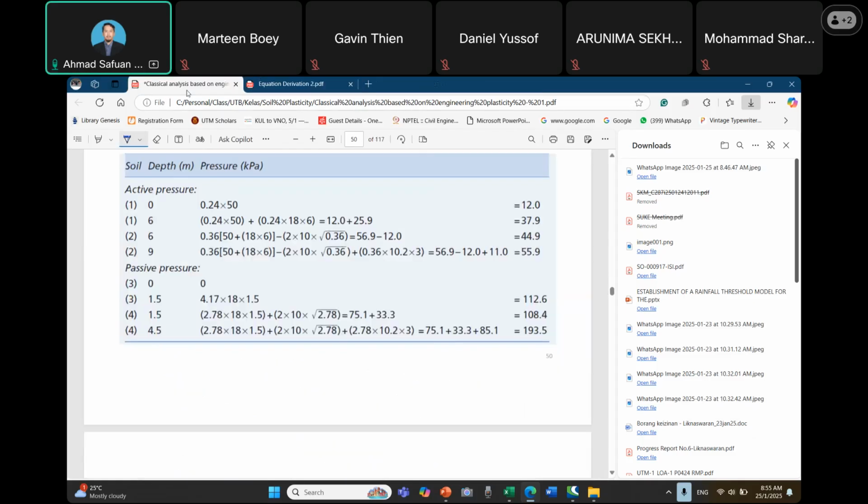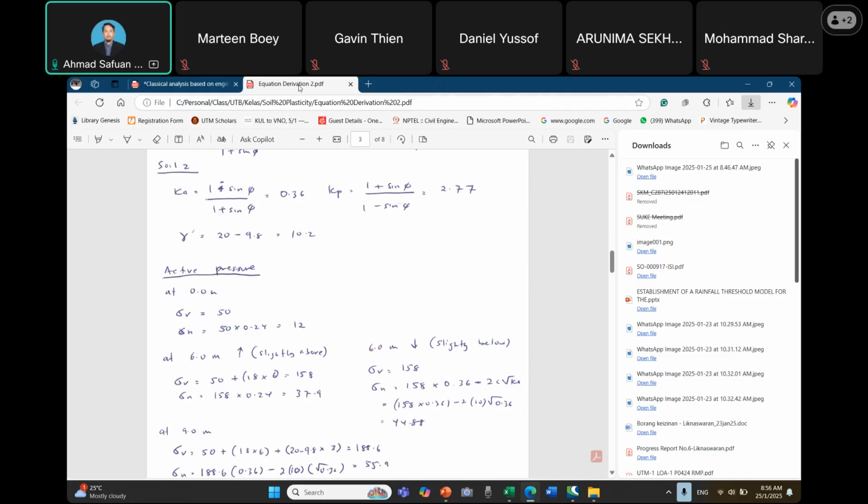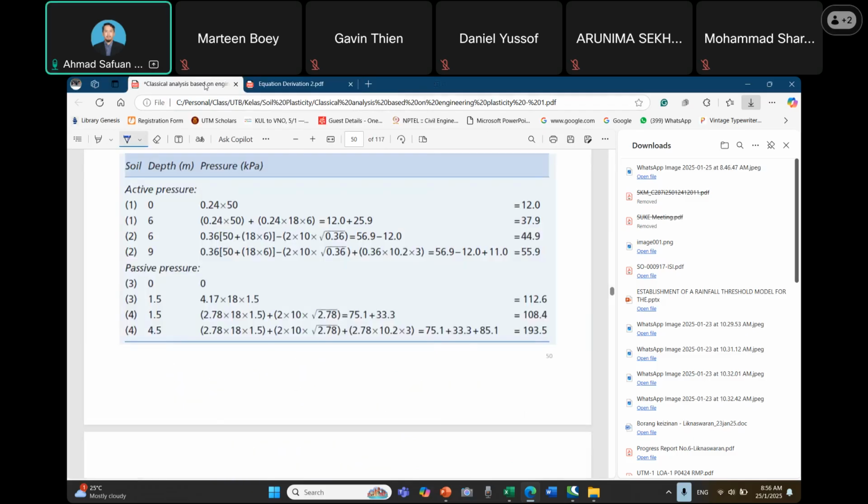For the lateral stress determination, we need to calculate first at the initial value,